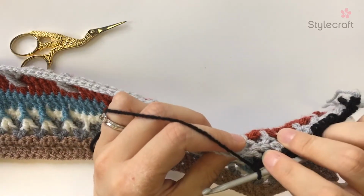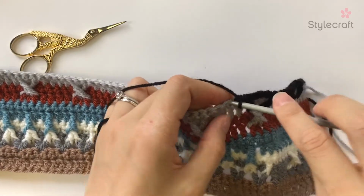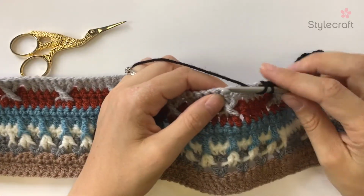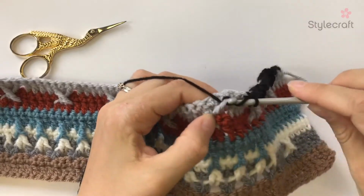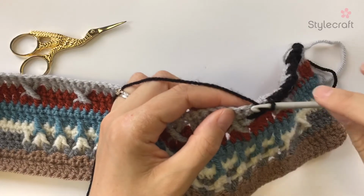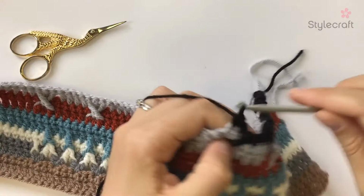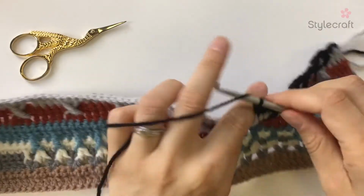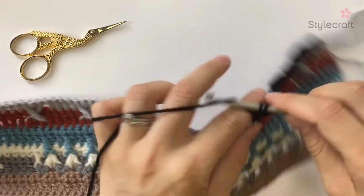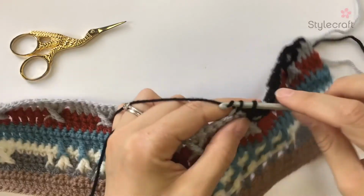So miss a stitch. So we worked in that one, missing that one, and working 2 into the next. 2 DCs over the next 2 stitches. Same again with your front post treble into the front post double treble from round 11. Miss a stitch and work 3 DCs over the next 3 stitches. And front post double treble around your next front post treble around your next front post double treble from round 11. And again miss a stitch and